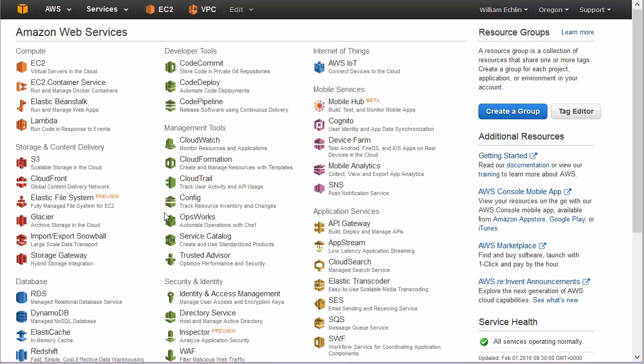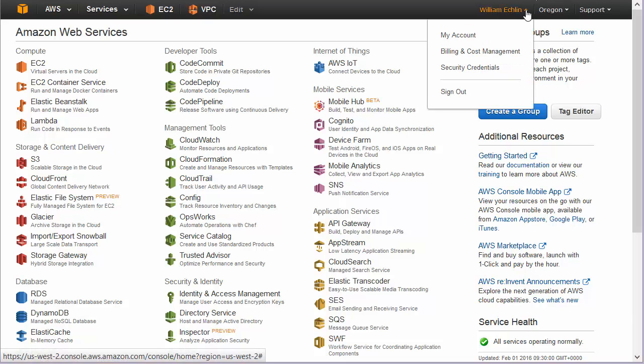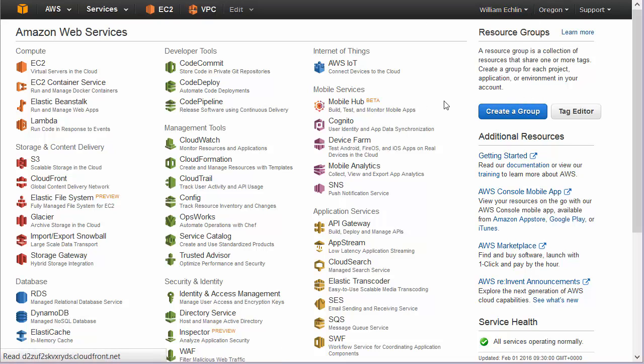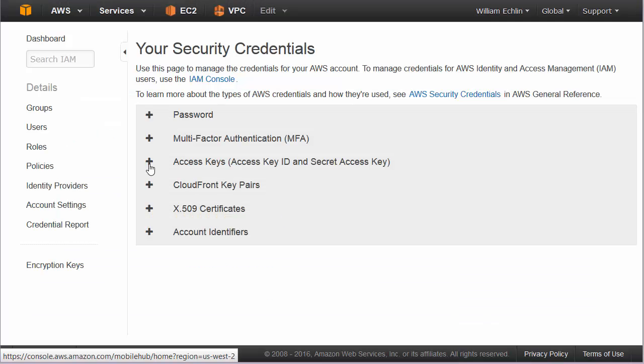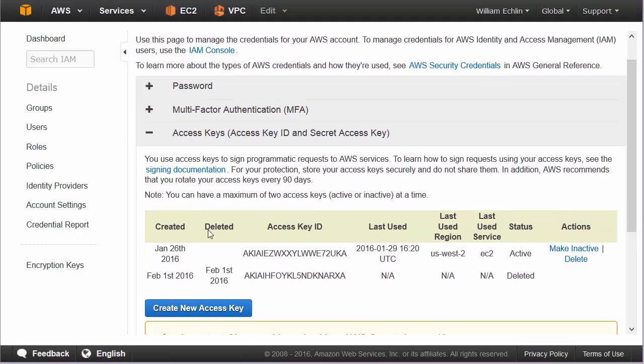Those two values we will get from our AWS account. So if you log into your AWS account, you come to your account security credentials, you will see a section in here called Access Keys. And if you expand that section, you can see within here you will already have some access keys and you can create new access keys. Now again, it's a key pair approach, so you get a key ID and also a secret key ID. It's pretty simple to create. If you just click on Create New Access Key,